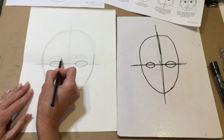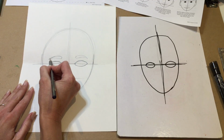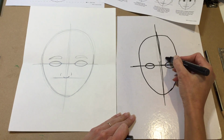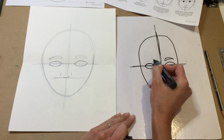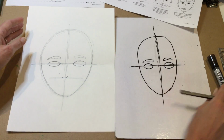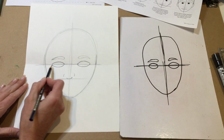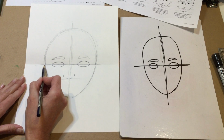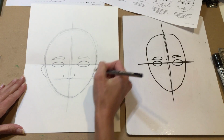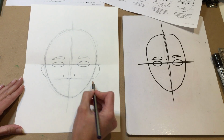You don't necessarily have to do a self-portrait. You could just use this drawing as a random person. And everybody's eyebrows are different, so you can always thicken the eyebrows or thin the eyebrows with color pencil later. The ears actually are in between the eye line and the nose line, so if you just do a slight curve in between, the hair could fall in front of the ear or behind the ear, just depending on what you want to do. The mouth line,